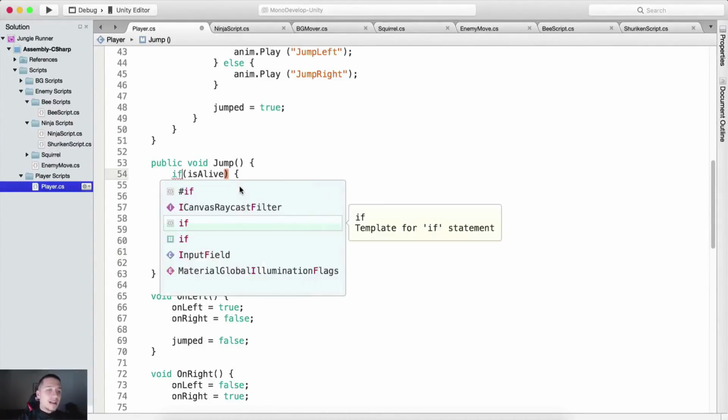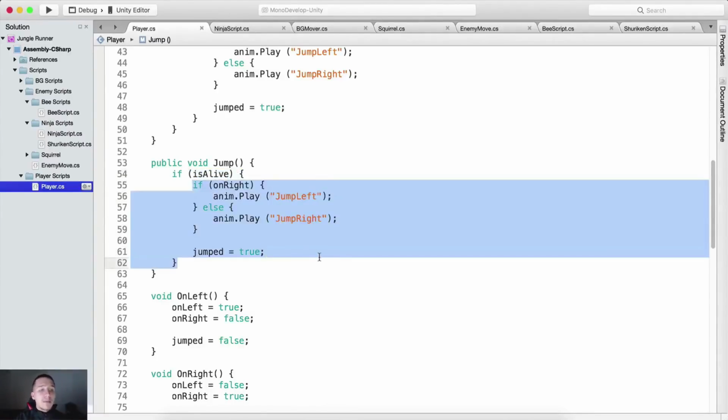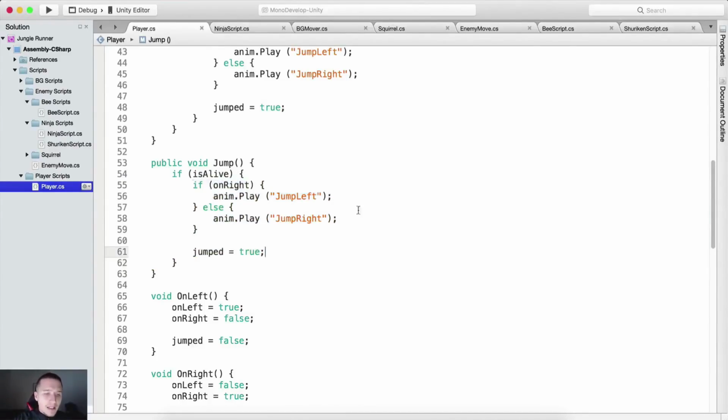So if the player is alive, then we will be able to jump. And here, if, not is. So excuse me for this one. If the player is alive, then we'll be able to jump. If the player has died, then no jumping for the player. And let us attach these